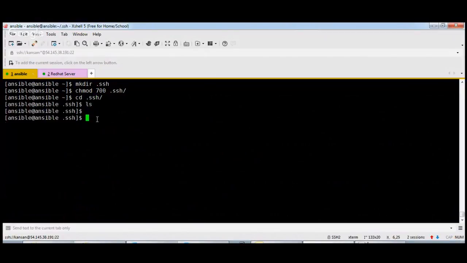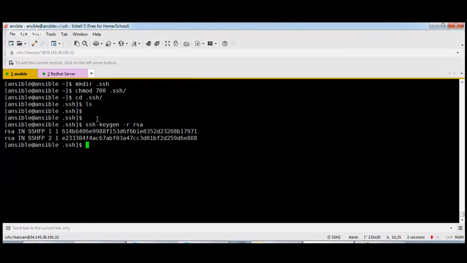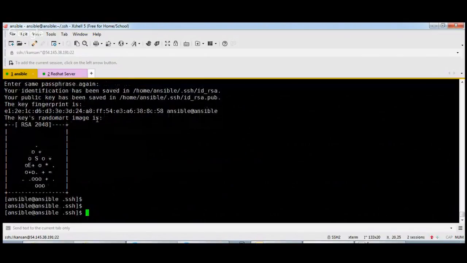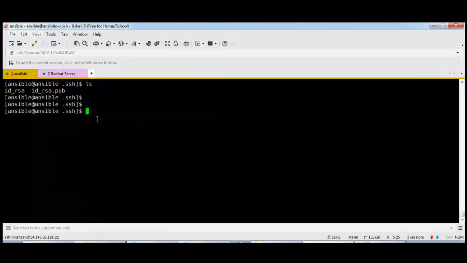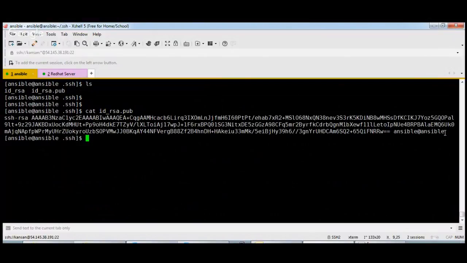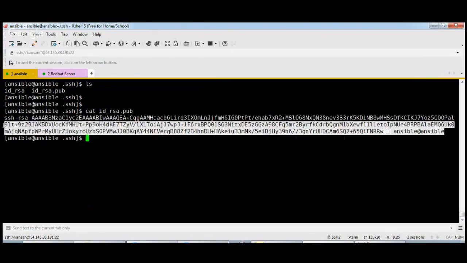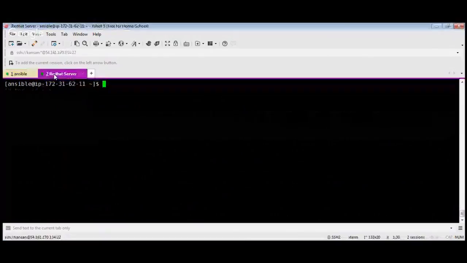Go inside this, create your private key here. Yeah, so this is how you will generate the key. Now copy this key